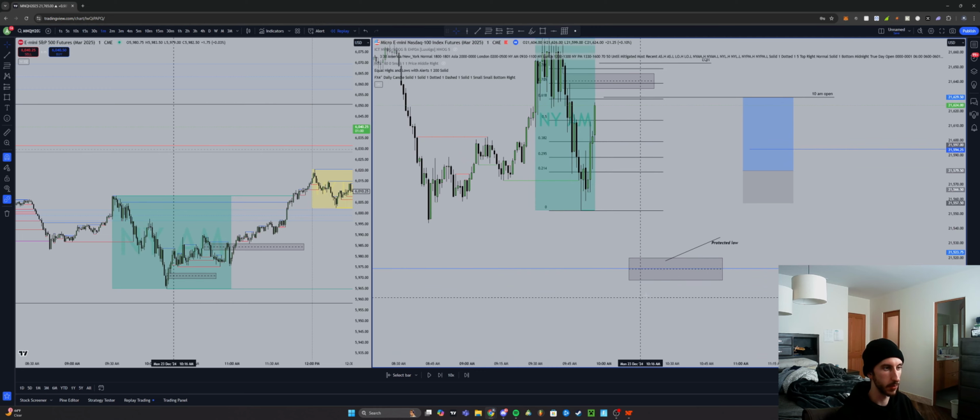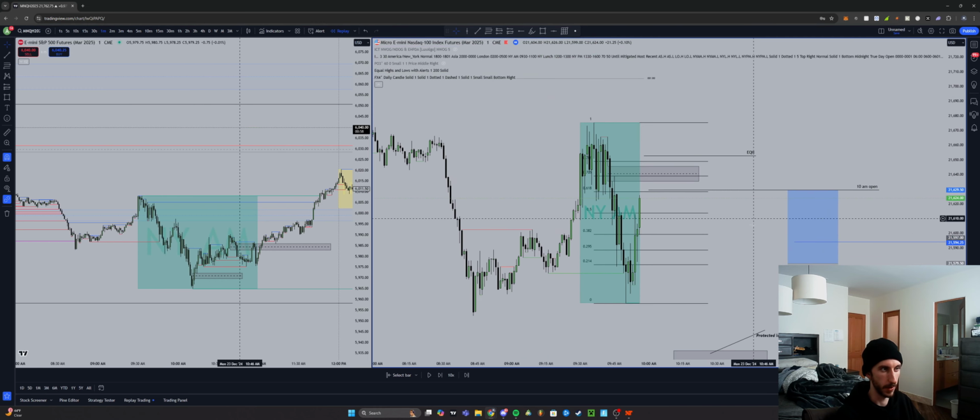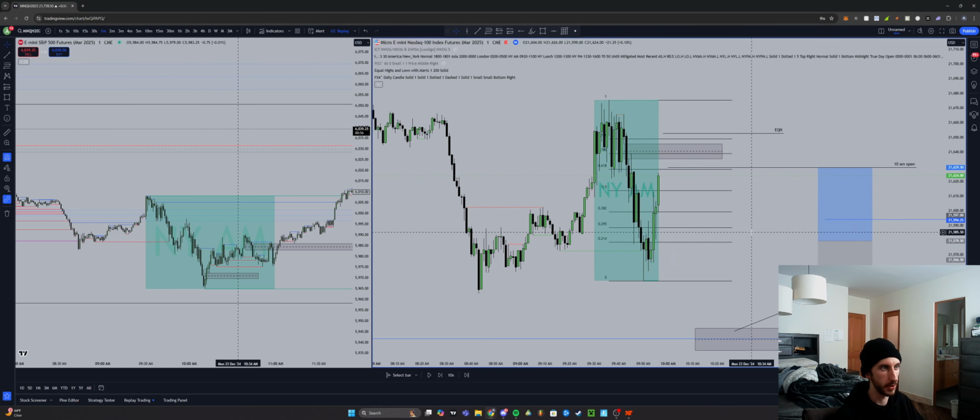I always have drawn liquidities lower, and I always have drawn liquidities higher depending on what the market wants to do. But I generally have a bias coming into the day because it just makes sense. I always like to align the higher time frame with the lower time frame. It just makes my life and my trades so much easier. So let's go ahead and keep replaying out the mode.